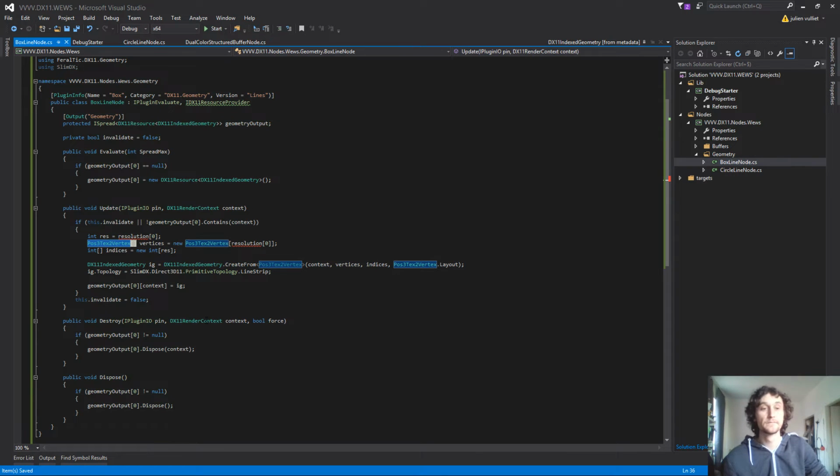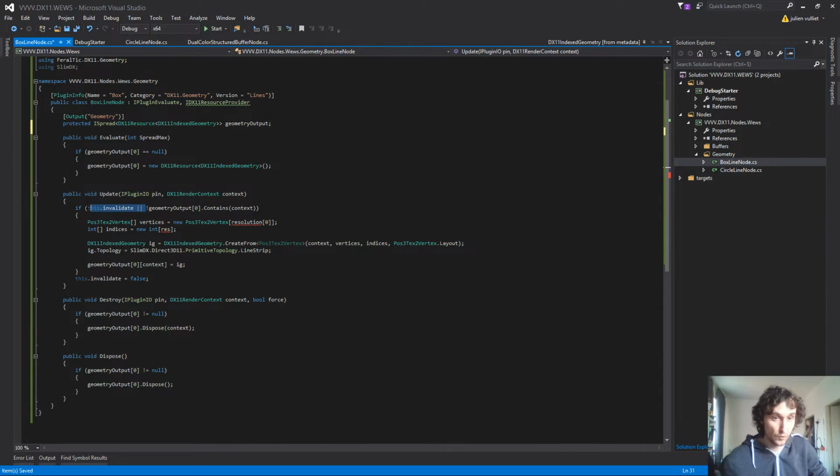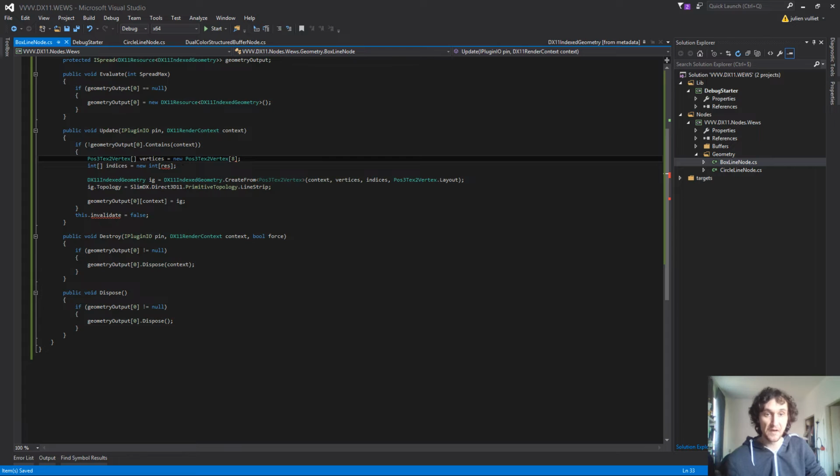So we don't need this and we don't need this here. We just create it once and that's it, really. So now we have a box with lines, which means we don't care about normal and duplicate the face. So we have obviously 8 vertices. I will keep text code, well, actually, let's do it vector 3 directly like that. And